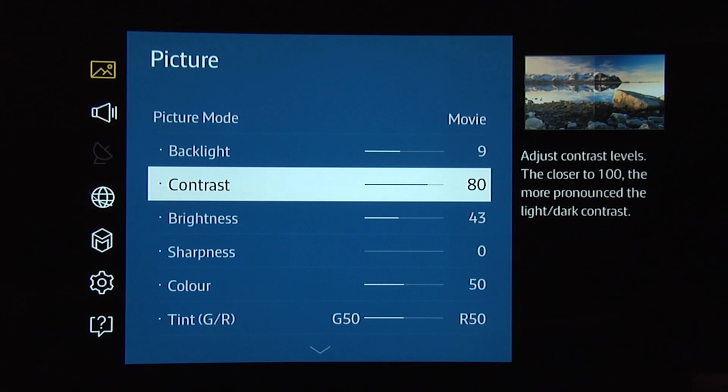The contrast or white level controls the bright part of the image and should be set to give you as bright an image as possible without losing detail in the whites. You can use our setting of 80 or adjust to suit your specific TV and viewing environment using a calibration